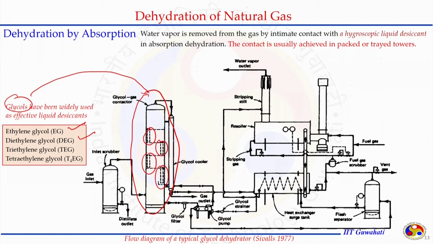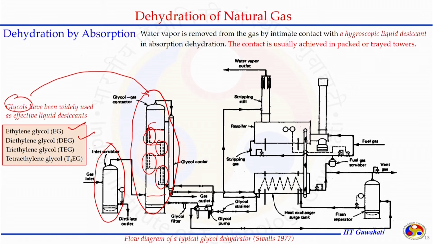This was for the tray type of arrangement, where we have the trays and allow the fluid to travel from a certain section of this tray tower, and from bottom to top there is significant room or volume available to get efficient contact between the gas and liquid. The liquid which is chosen is hygroscopic, means it has a specific affinity to water, and it will be able to absorb the water from the natural gas.